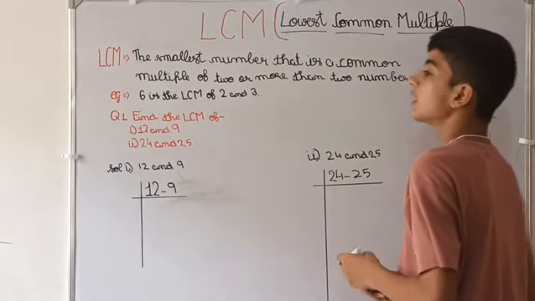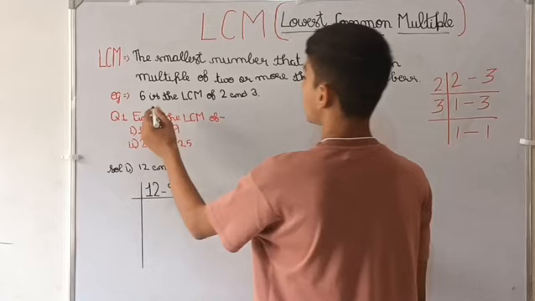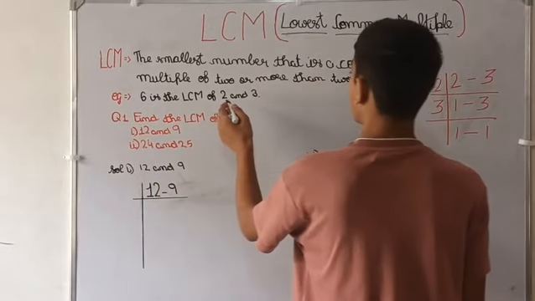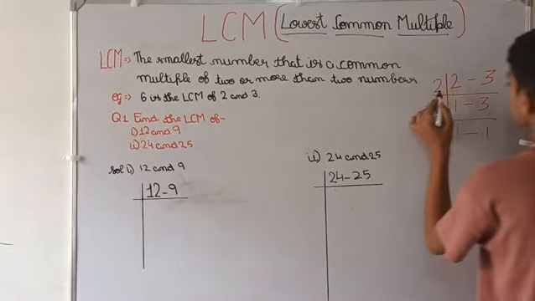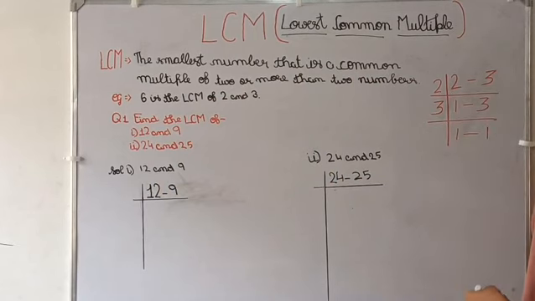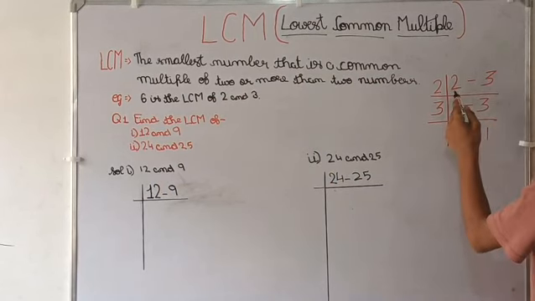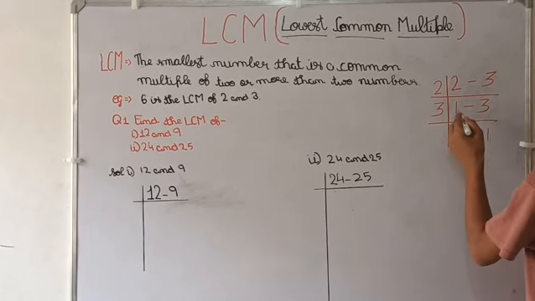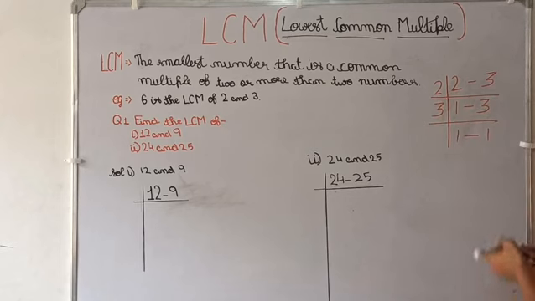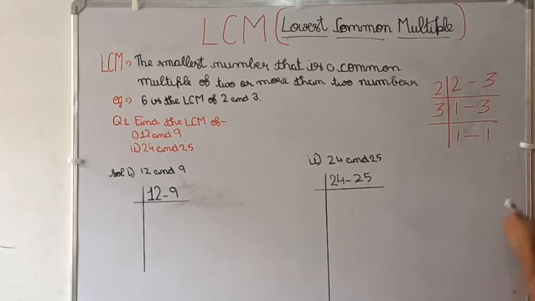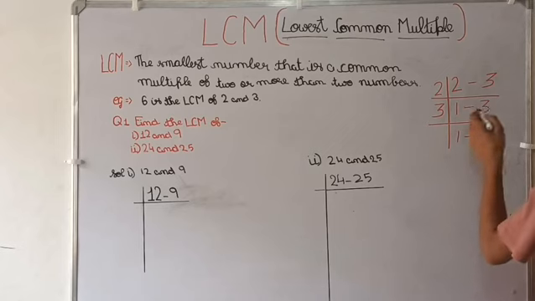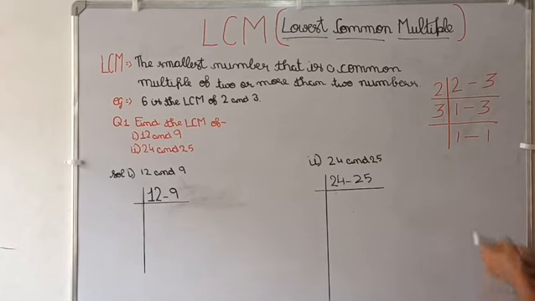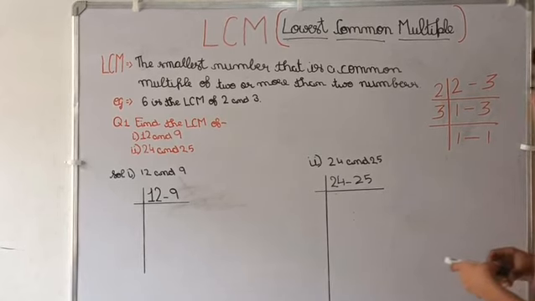Here we will understand it with an example. We will find the LCM of 2 and 3. We will write them in prime factorization form. So 2 and 3. We will divide 2 by 2, so the quotient is 1, and 3 is not divisible by 2, so we will write it the same in the next line. Then we will divide it by 3, and the line we get is 1 and 1.